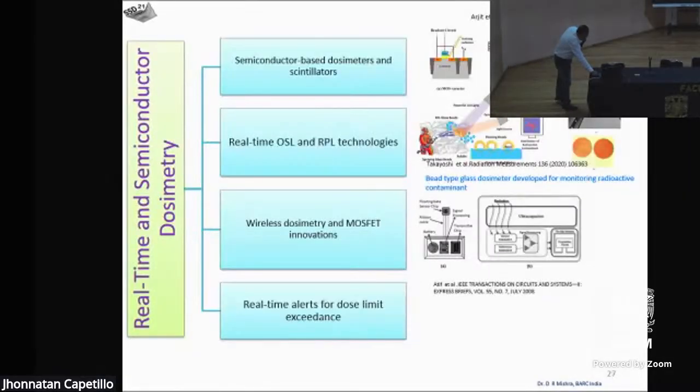Active dosimetry, we have once again the traditional way. Even radioluminescence glasses are available, and real-time OSL and RPL technologies are available. In accident scenarios, you can have these radioluminescence glasses thrown on the debris where we expect splashing of the radiation sources. And by camera, you can measure the luminescence from them, and you can quantify the actual dose distributions. This is a real situation when some accident happens at nuclear reactor sites, or some source gets spilled out during some maintenance. So it is really a very strong tool to measure this kind of thing. People have done a great job for this.